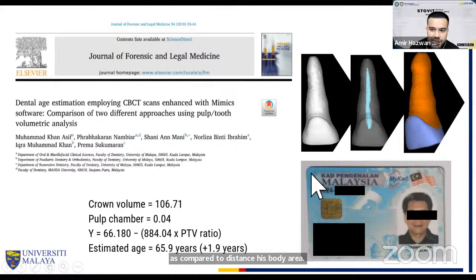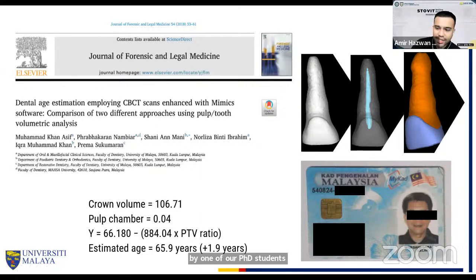What we find, this is for adults: the estimated age was 65 or 60 years old with an error of only 1.9 years. For adults, usually the errors can be about 10 years just by using the older methods. But with this method, we are able to get quite a small standard deviation, standard error. So it was quite a successful piece of research by one of our PhD students,